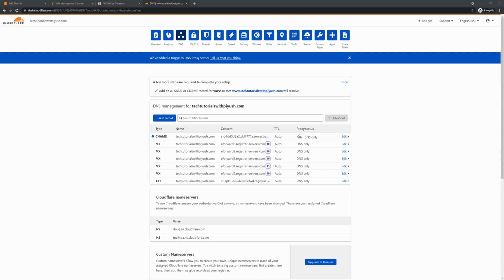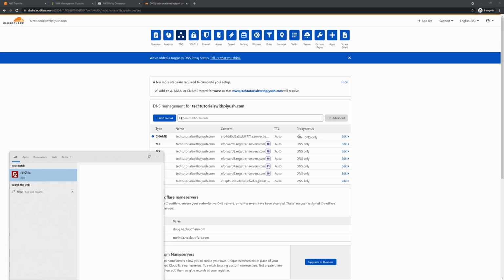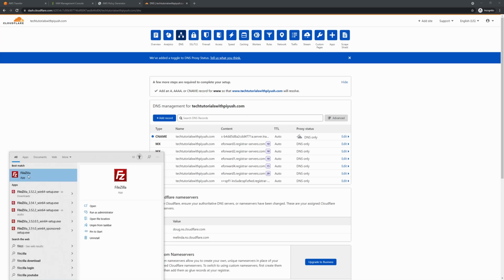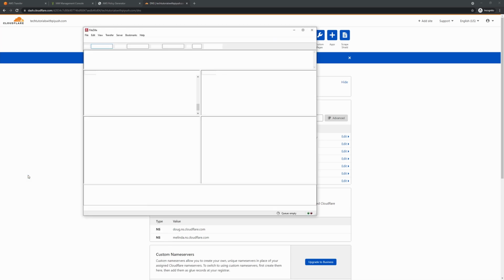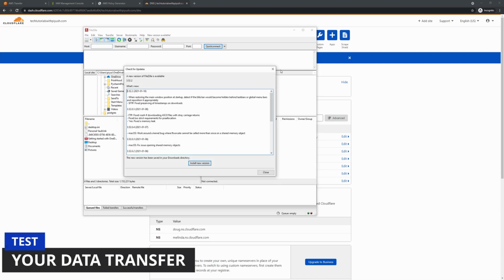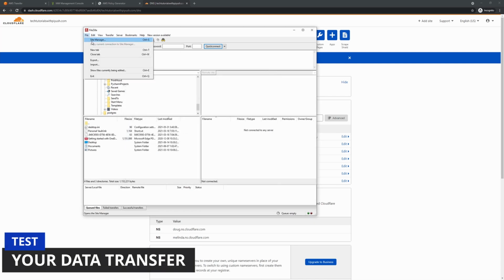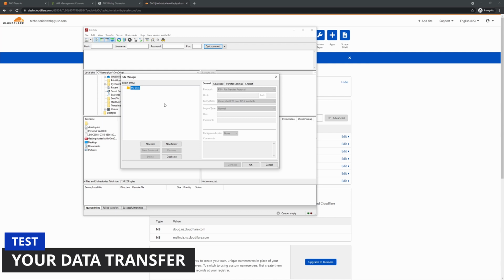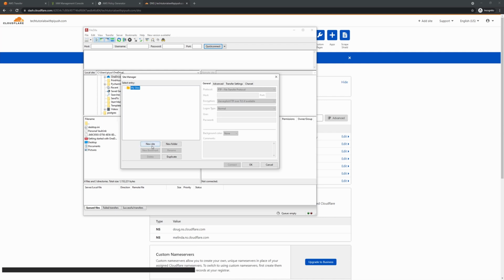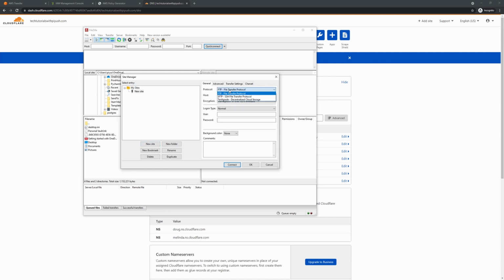I'll open FileZilla, which is an SFTP transfer client. You could use WinSCP as well. So I'll go to file, click on site manager and create a new connection over here. I'll click on new site and choose the protocol as SFTP.